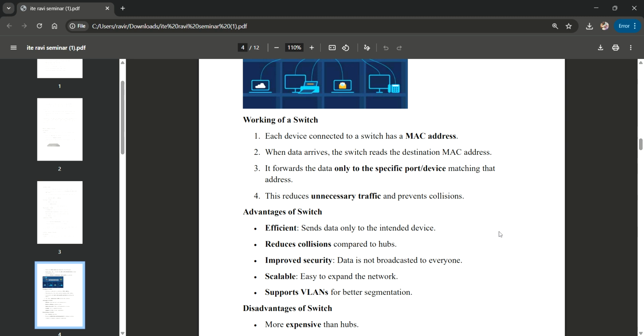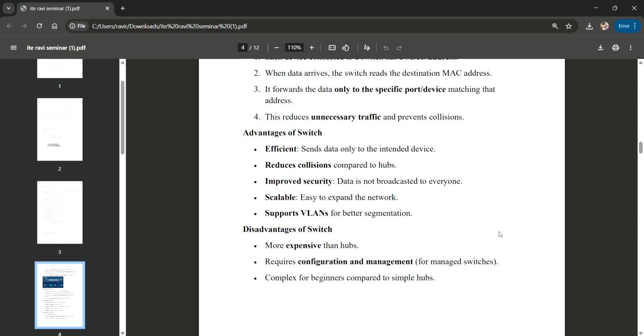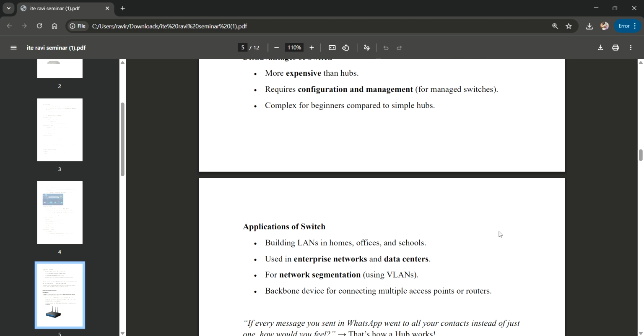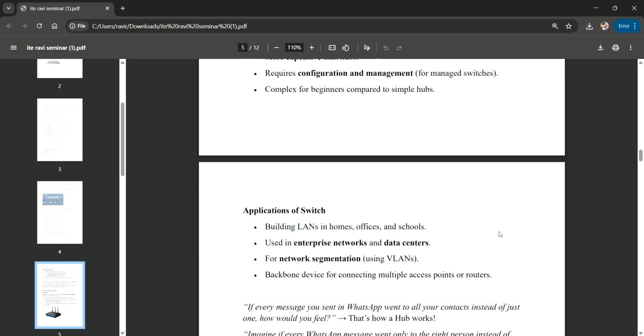Also, it supports VLANs for better segmentation. So, the disadvantages of a switch are that it is more expensive than hubs. It requires configuration and management for managed switches, and it is also more complex for beginners when compared to simple hubs. Coming to the applications of a switch,